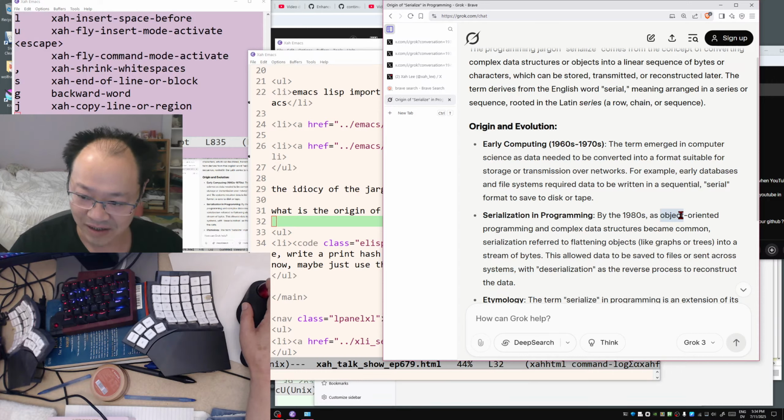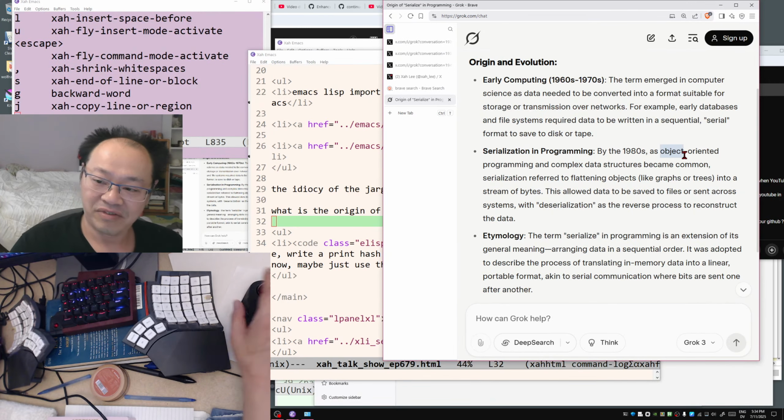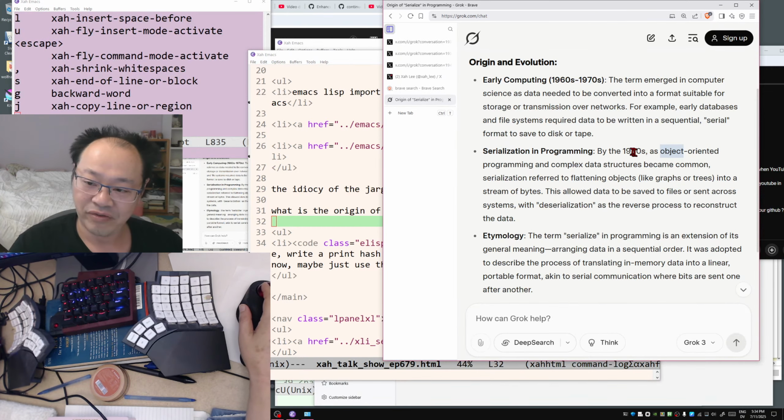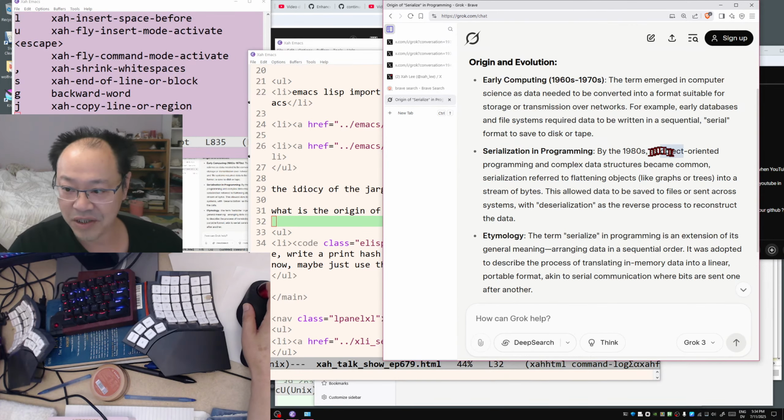Object-oriented, from the C++ idiots and Java. The worst paradigm in the programming industry. Okay, so by the 1980s, as object-oriented programming and complex data structures became common, serialization referred to